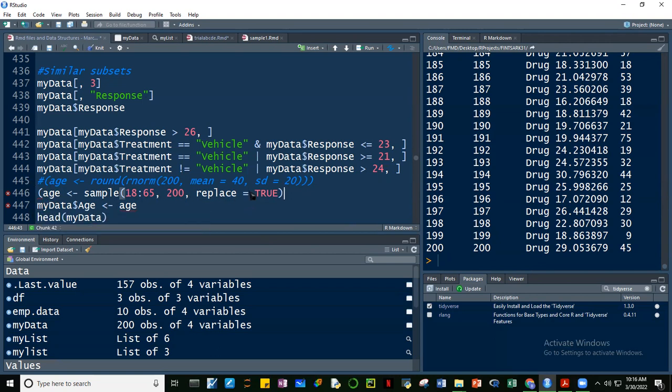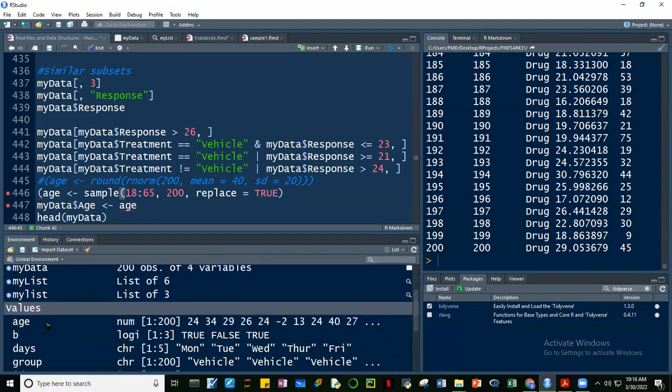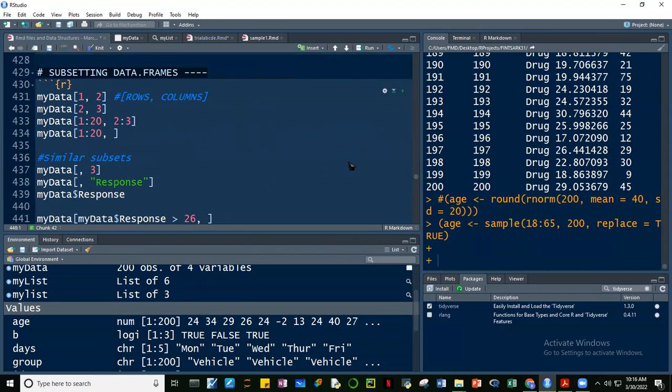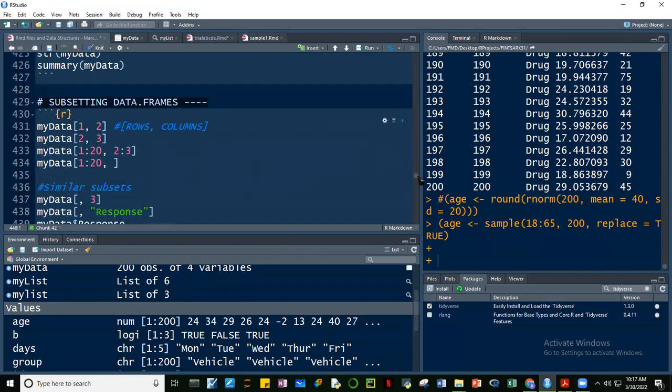Alright? So nag-create tayo ng age na object. Ito. Notice guys, may age na tayo kanina dito, no? May age tayo yung rnorm to. Kaso ang problema ng rnorm, pwede magka-negative. So hindi naman pwede magka-negative na age, no? So gamitin natin yung sample para ito, ibig sabihin ito, limited lang siya either from 18 to 65. Okay, enter. Alright. So if you take a look at ano nangyayari,